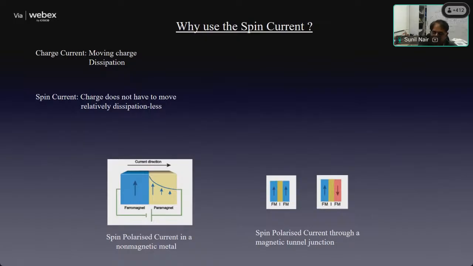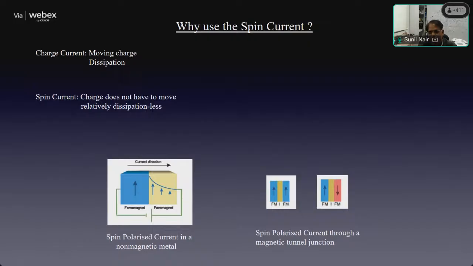On the other hand, if you're looking at a spin current, here a charge is not physically moving. Okay, all that you have is a transfer of spin orbital momenta. So the magnon is moving. This is not a fermionic entity, it is a bosonic entity. A magnon in general interacts very weakly with its surroundings. Okay, it does interact. Interaction is not zero, however, it interacts very weakly with its surroundings. And since it interacts very weakly with its surroundings, the amount of dissipation is minuscule.